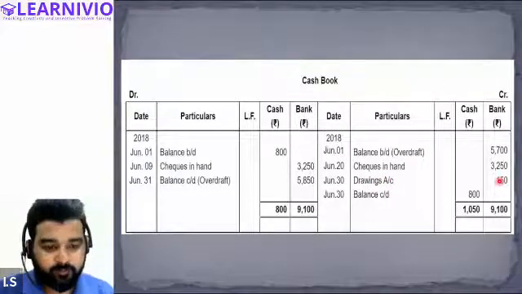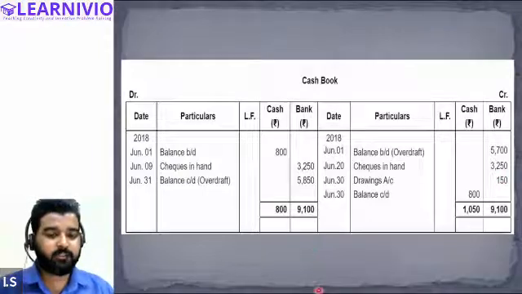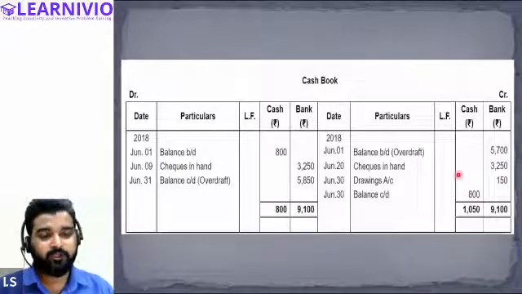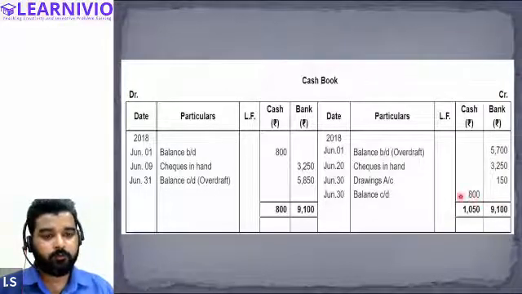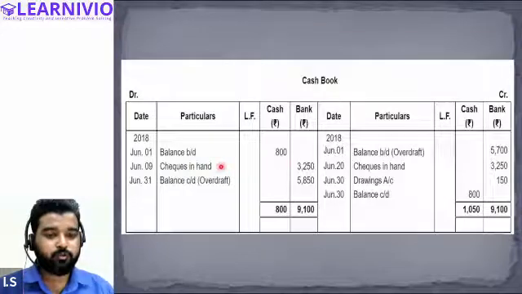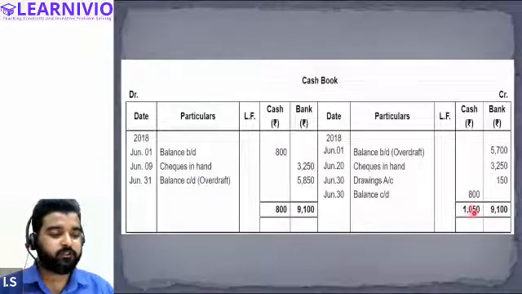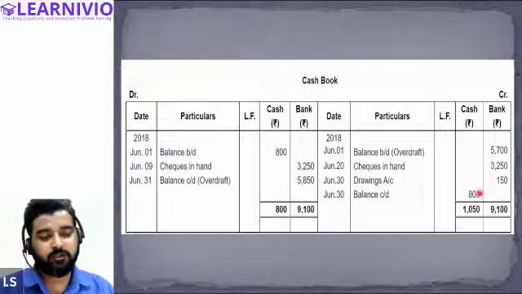All right, everyone. So these are the various transactions. Now is the time to tally both the sides, debit and credit. We will first calculate the balance of cash. Cash we had earlier 800 in the beginning, and there is no transaction that affects the cash column. So at the end also we have only 800 in the cash column. This will not be 1050, this is just 800. So the opening balance and closing balance for cash remain the same.